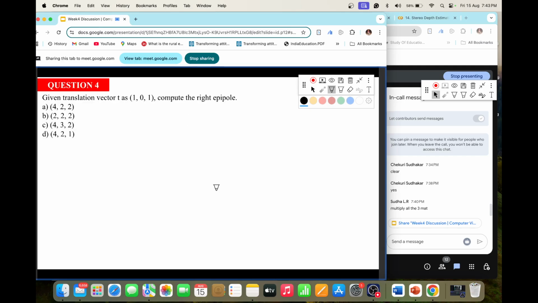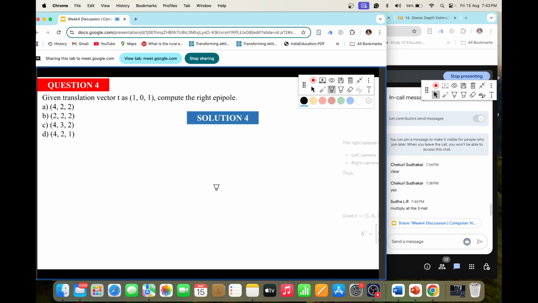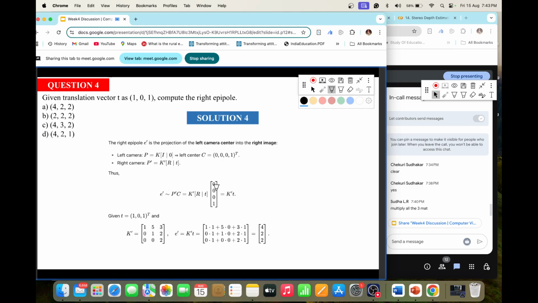Once we have P dash and we have this C, right? What is C? C we can assume to be 0 0 0, because nothing is given regarding C. In homogeneous coordinates, 0 0 0 1 we can assume this, and just do P dash C. P dash, so C we already have. Now what we have to find is P dash. I have told you, P dash is nothing but K dash